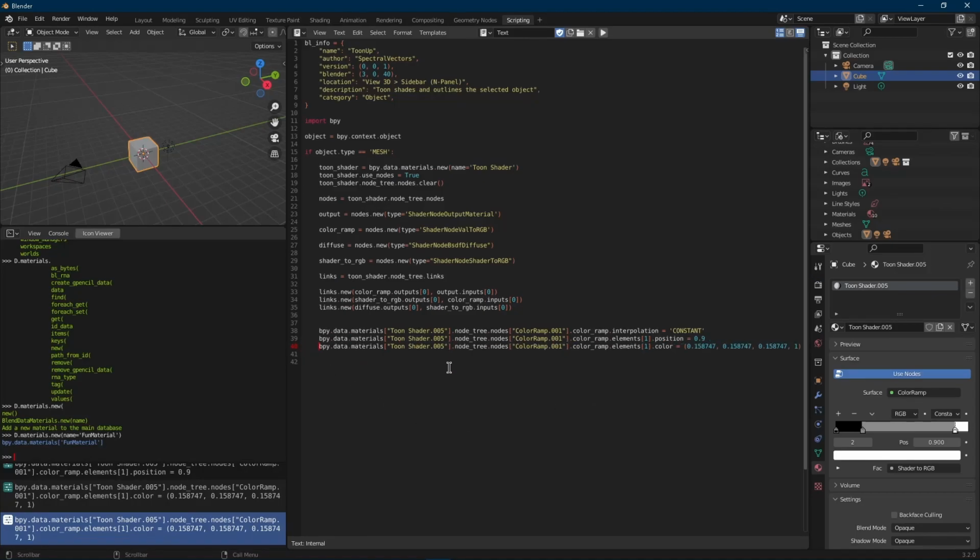So whenever we want to access the Toon Shader, like I said, we don't need to type in all this because we've already created that convenience variable. So we can get rid of all of this and just say toonshader.nodetree.nodes. Wait a minute. We already have a reference to our color ramp. So we don't even need all of that. We can just shorten all of this down to